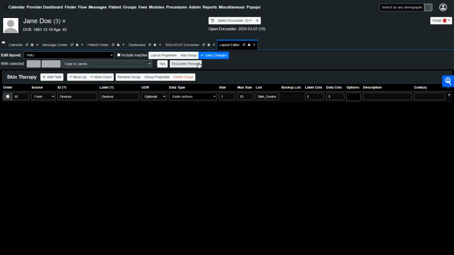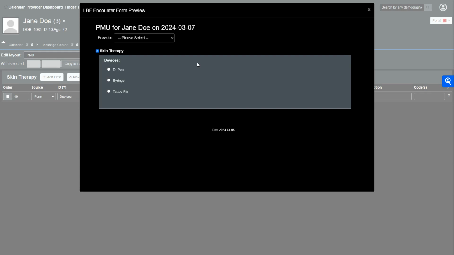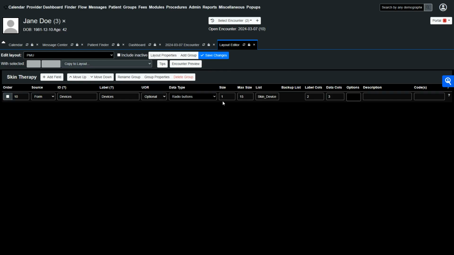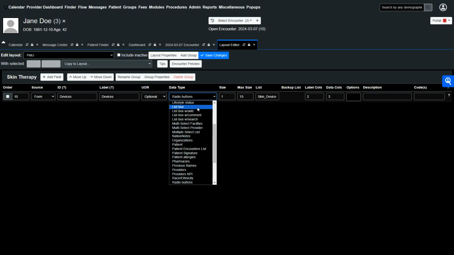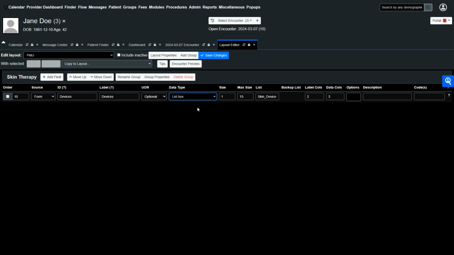And this is also how you can work out what your form looks like. As you see, now this radio, I can only choose one of these. I can't choose more than one. But also if I change this to list box, which is the same as drop down, and save that. She says she wants a drop down,